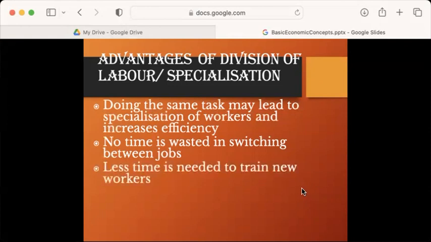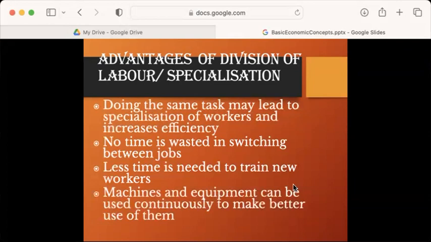And also, training new workers is very easy and quick here because you are not going to train the workers in all aspects of production. You're just going to train each worker to do one small task. So it is easier and quicker to train them, and for the workers also, it's easy and quick to learn. Next is machines and equipment can be